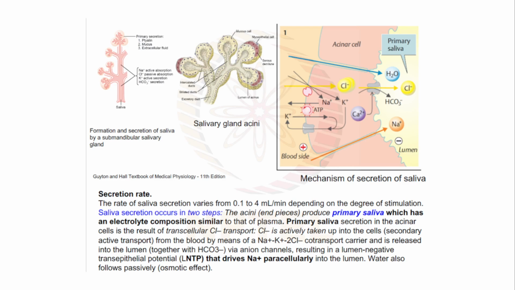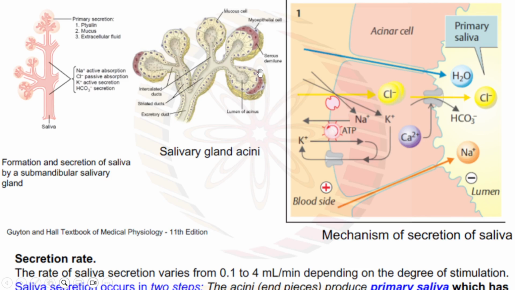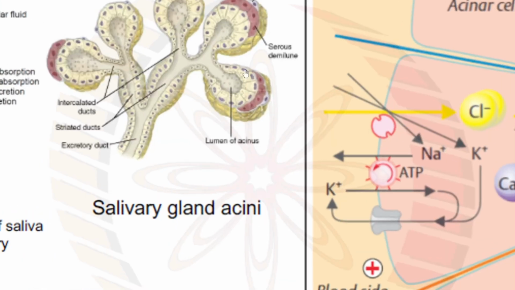Saliva secretion occurs in two steps. There is a primary saliva and a secondary saliva, okay? So the acini produce primary saliva. These are the acini, which is the plural term. Acinus is the